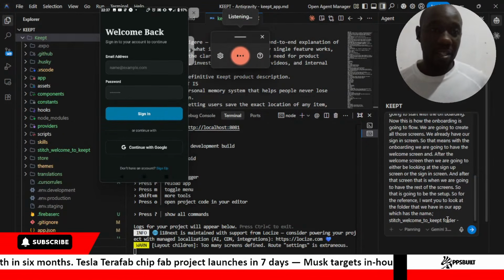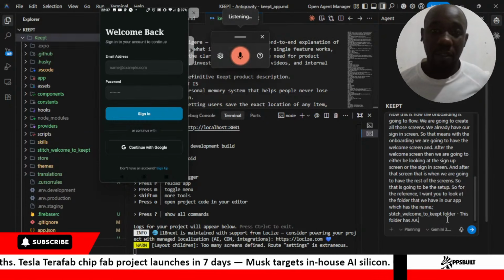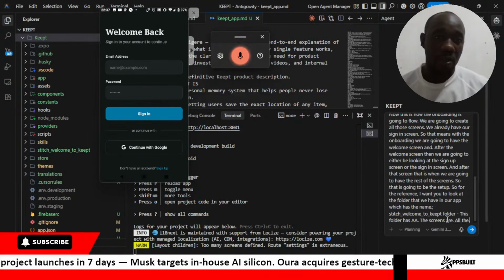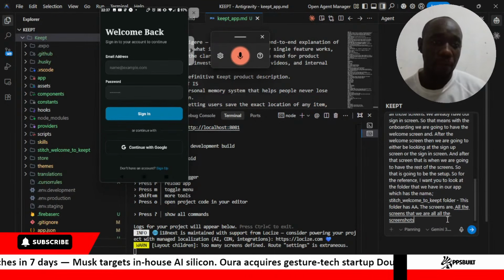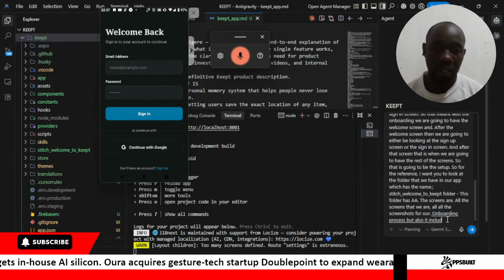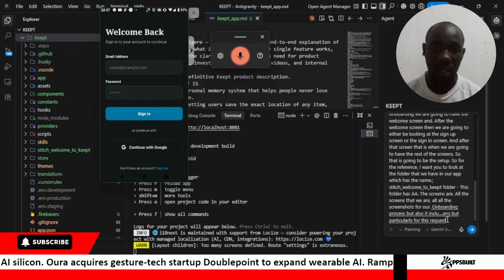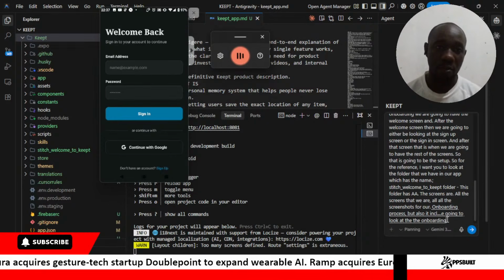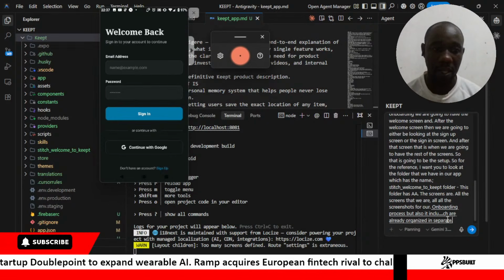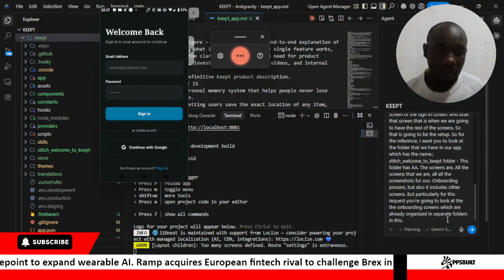This folder has all the screenshots for our onboarding process, but it also includes other screens. Particularly for this request, you are going to look at the onboarding screens, which are already organized in separate folders in this very folder.